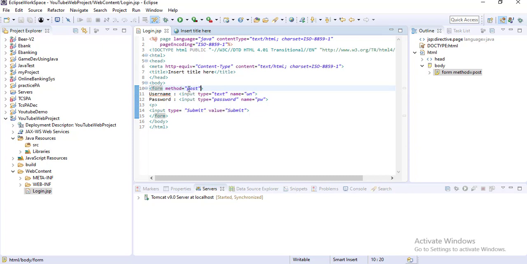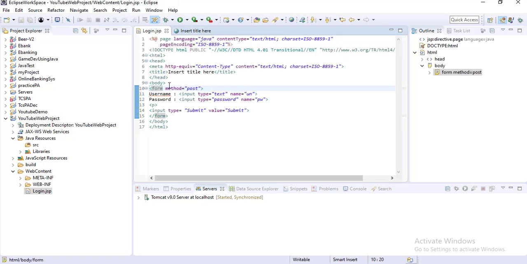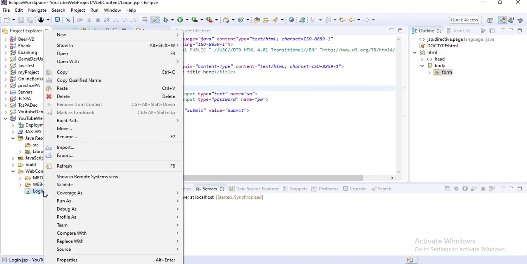If nothing is mentioned here, by default it is the get method, and in that case you will get the username and password in the URL. These fields will be passed through your URL. Now I have written method post, so that's why it's not coming. If you remove it, that means it is a get method. By default it's a get, and if you run this code once again,